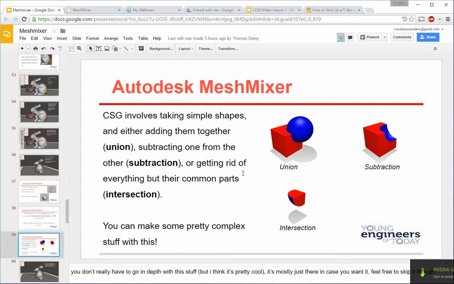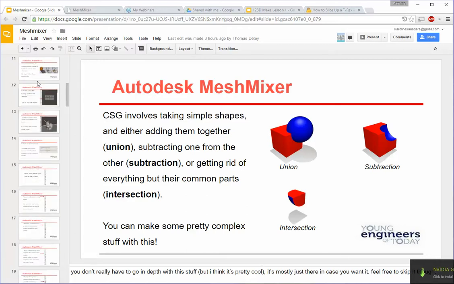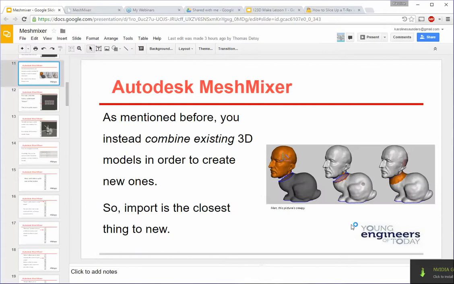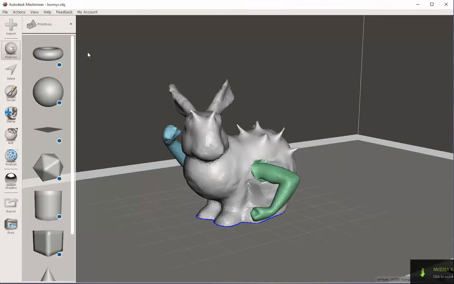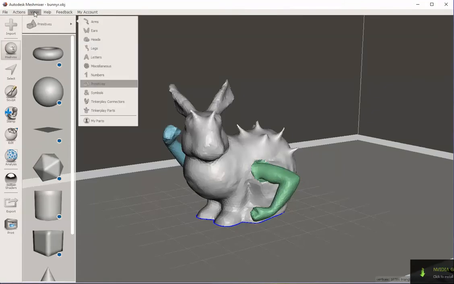Can you cut the bunny's head off and change it to a human one? Is that possible? Well, Devin, let me show you. Bam! It's even in our lesson. How do you do it? What I would probably do, and something I meant to check out earlier, what I'd probably do is